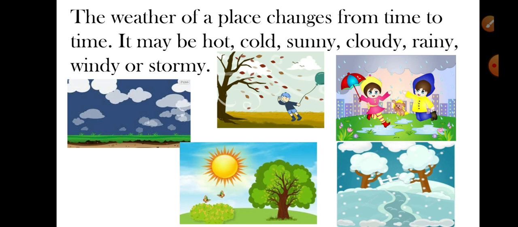The weather of a place changes from time to time. It may be hot, cold, sunny, cloudy, rainy, windy, or stormy. As I told you, it changes every day. It can change every hour also. Okay, after 2 hours, the weather can change. If now it is sunny, in the evening it can be cloudy also. Now if it is cloudy now, it can be sunny after some hours. So it depends how it changes. Okay,